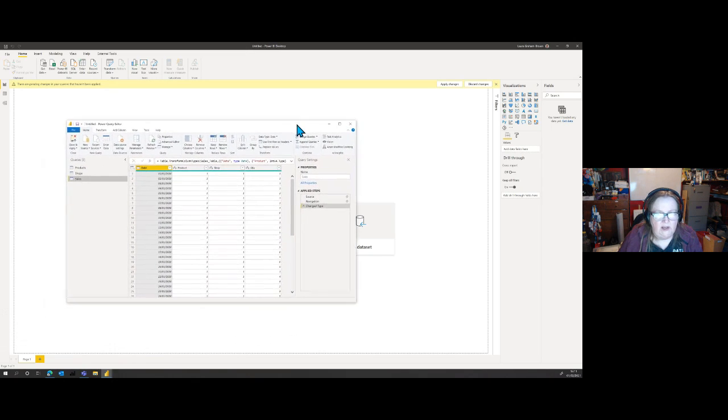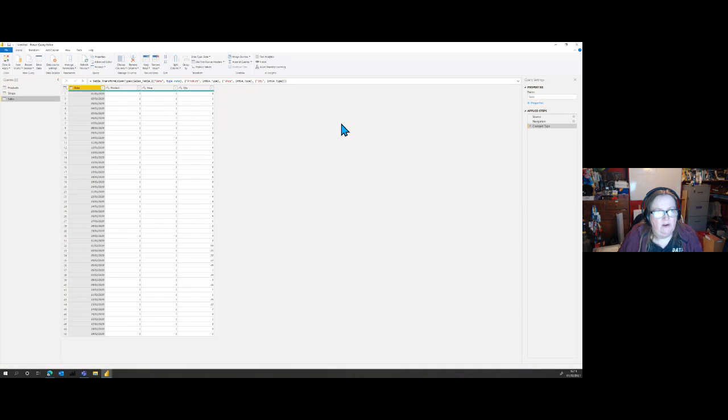So let me just drag that in. And this is called Power Query. And Power Query is an incredibly powerful way of transforming data. It's available behind Excel as well as behind Power BI, and is appearing in all sorts of places across the Microsoft